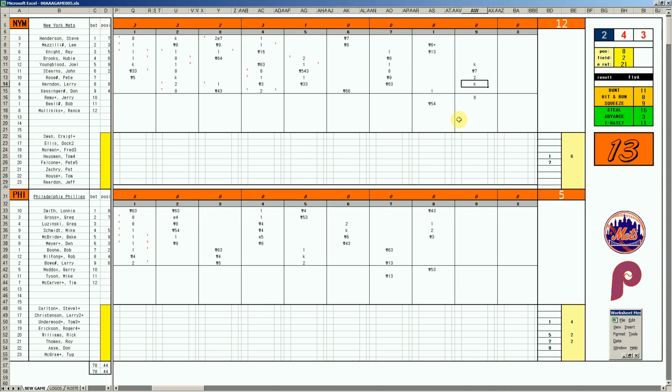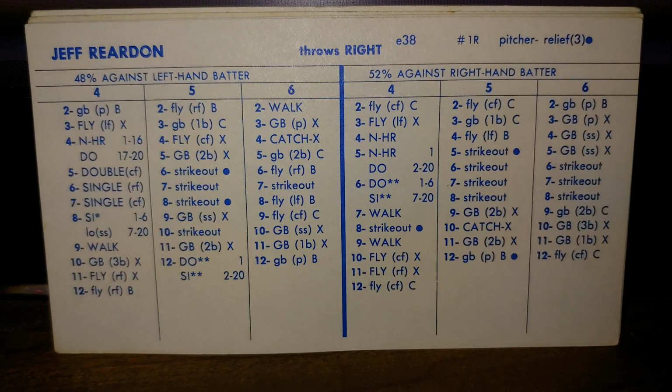We've got a 12-5 game in the bottom of the 9th, and I think you just have to do the safe thing. The safe thing here is bring in your closer to get this series over with, and that's Jeff Reardon. Let's take a look at Reardon. Jeff Reardon, a young New York Met in 1980, 8-7 with a 2.62 ERA in 110 innings, but they let him get away to the Expos and then later on to the Twins. They did not hold on to Jeff Reardon, particularly on a team that